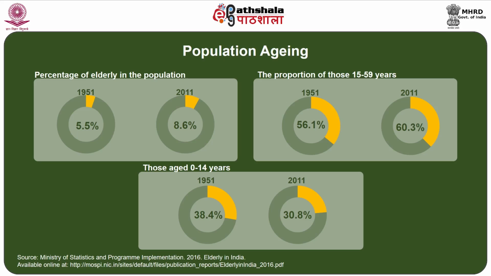increasing. What it indicates is that the percent of elderly population, especially 60 plus, while it was as low as 5.5% in 1951, has increased to 8.6% in 2011. And furthermore, if we see the working age population, it is also slightly increasing from 1951 to 2011, but the childhood population is clearly showing its declining trend, which was an indication that the country is moving towards a population aging